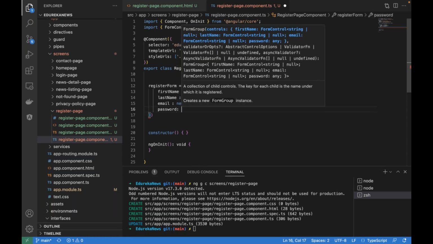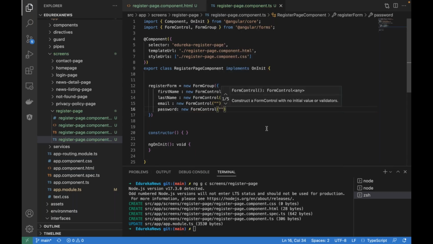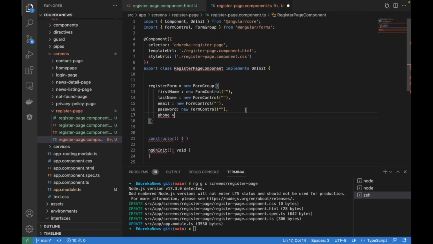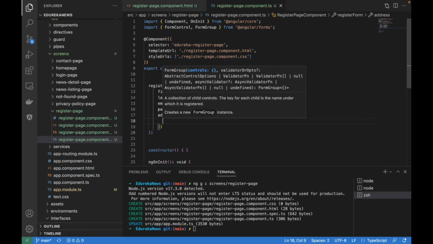Okay, so what will be the password? That's also going to be a form control. So we'll say control over here. Okay, and we'll also add another one, which is for the phone number. Let's do one thing, let's pick address over here. Okay, so you can define a complex form also. Like you can say the address is here. The address is also going to be a new form group, and in this form group you can have